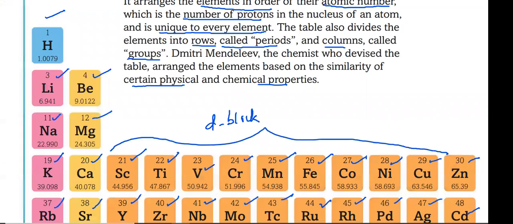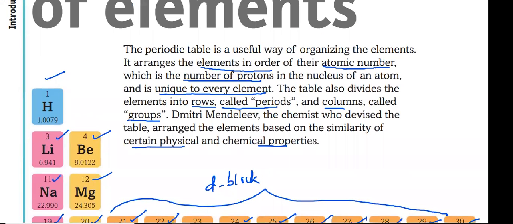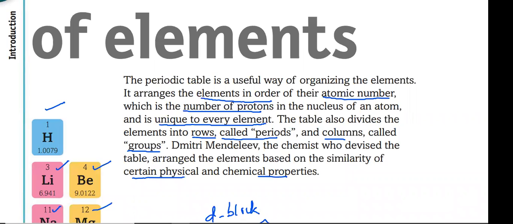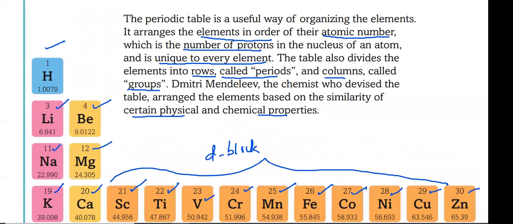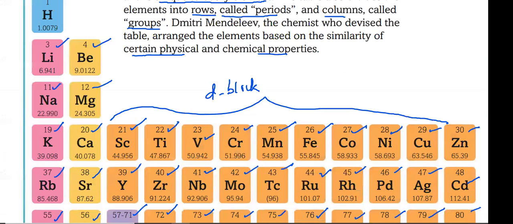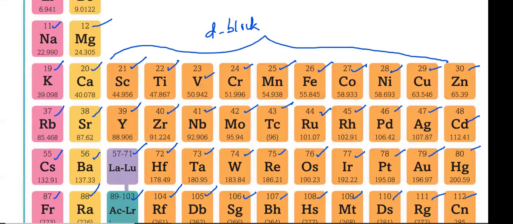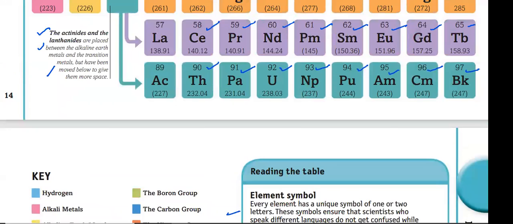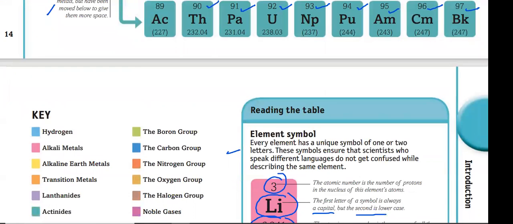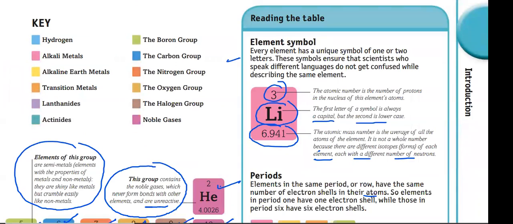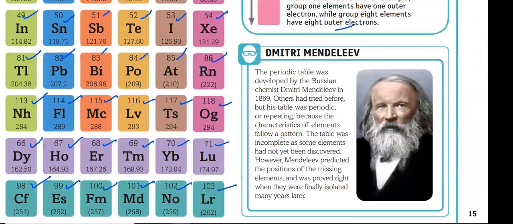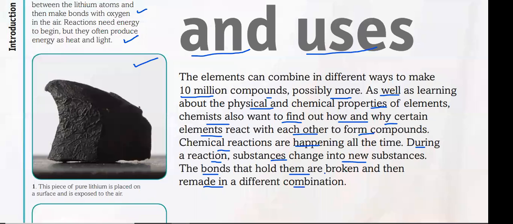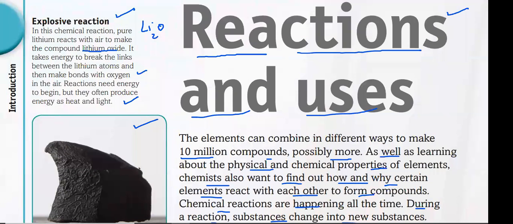We introduced the Mendeleev periodic table, and we said that the elements in the periodic table are arranged according to atomic number. After that, we discussed the different symbols of the elements, with atomic numbers and mass numbers. We discussed s-block, p-block and d-block elements, and some symbols and their importance we have noticed. The Dmitri Mendeleev periodic table tells about chemical reactions, that means the elements and their behavior. In the lithium case, we observed the reactions and uses of these elements.